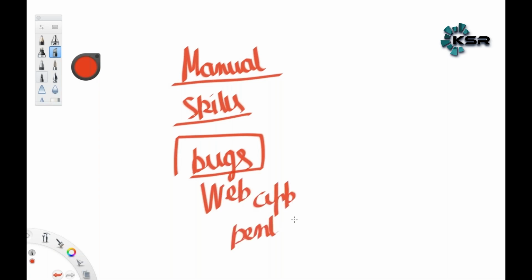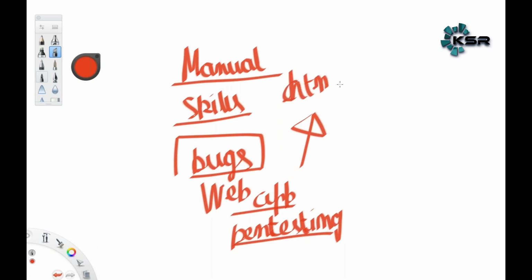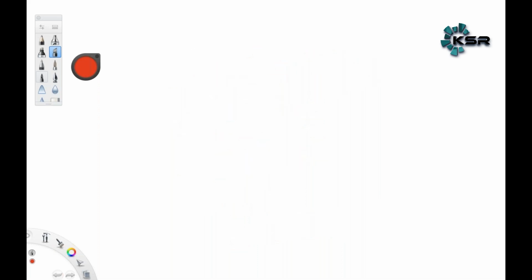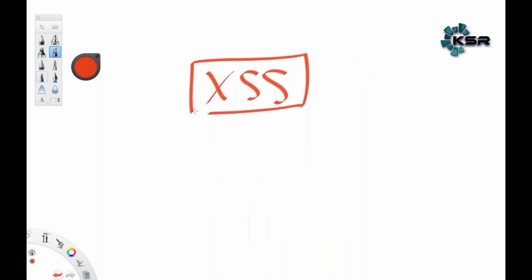But if you talk about web app pen testing, then at some point, and even in our course, I will teach you basic HTML and JavaScript, through which you can at least read the code and try to understand how a website is working. Suppose you want to learn an attack known as XSS, cross-site scripting.